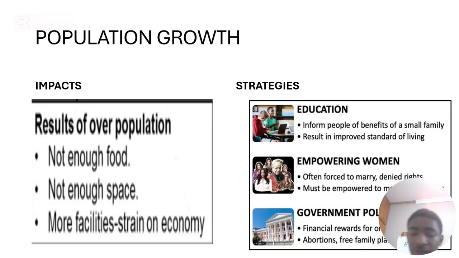Another thing, you need to think out of the box. You can teach young children about prevention, right? Because obviously you can't stop them from doing things. I'm just going to say things, but you need to do that. Teach the young learners or young women about prevention, so that it doesn't result in mistaken pregnancy. Then another thing you need to do, I'd say, stop people being forced to marry and denied rights.